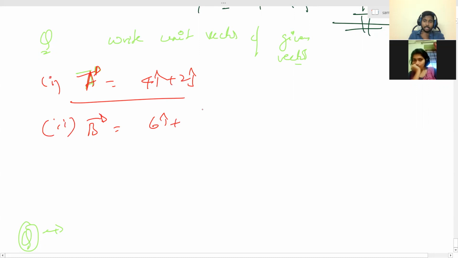6. This mathematics also, you will have these questions in the second year maybe, or at the end of first year. The vectors topic, if you are good at it, your mathematics also will become easy. But in mathematics you will go a bit deeper. So B vector is 6 i cap plus 2 j cap plus 3 k cap.